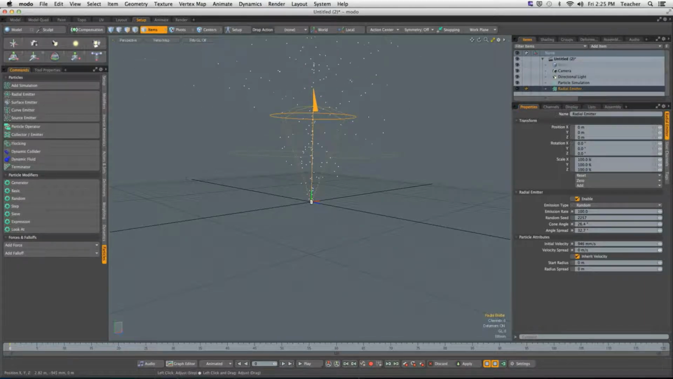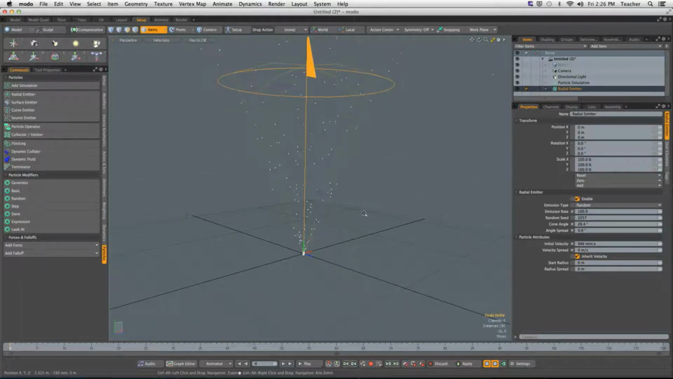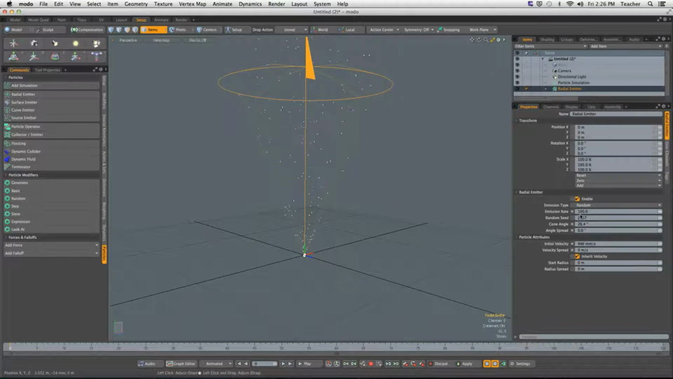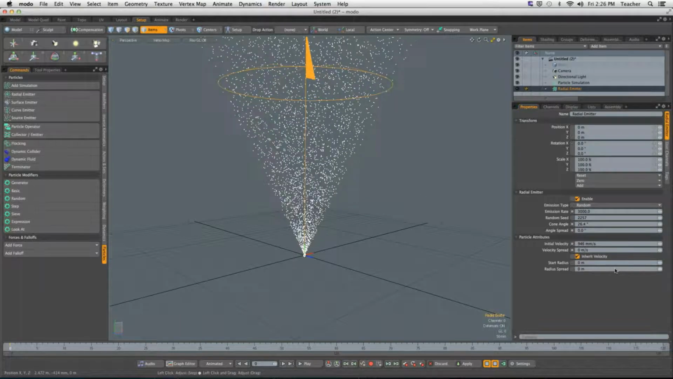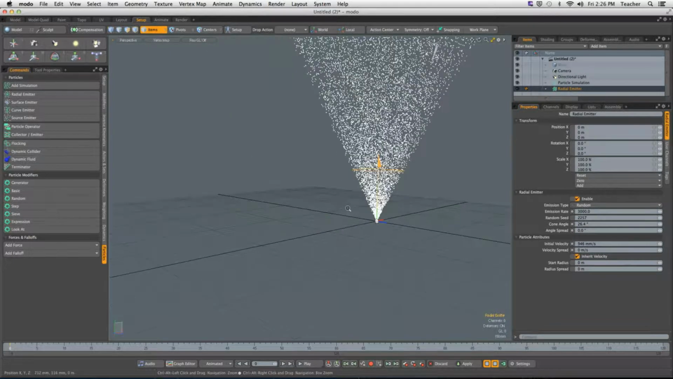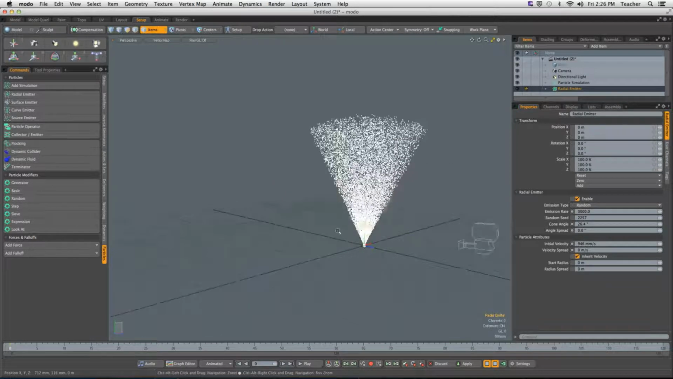Let's put my angle spread back down to 0. That may be a little bit easier to see. Sometimes it's really easy to understand the impact the values of these systems are having by just increasing the emission rate. Now we have like a fire hose here. Pretty cool. There's all our particles, and they all look to be moving at the exact same speed across the entire